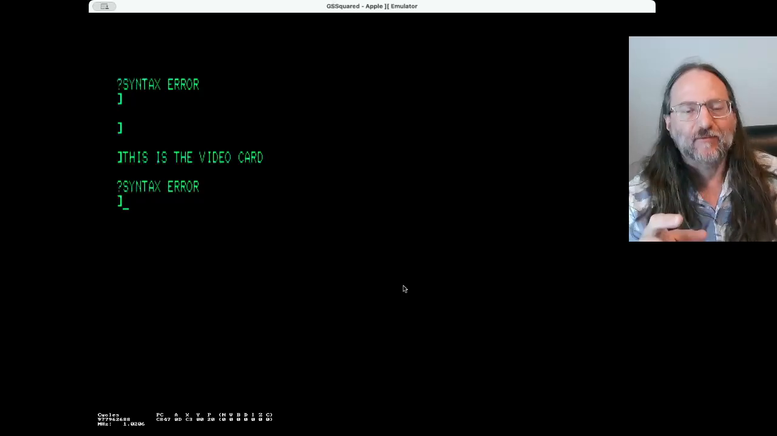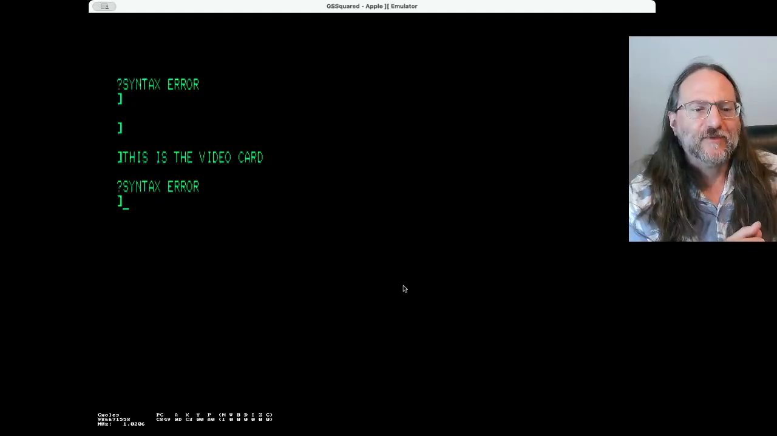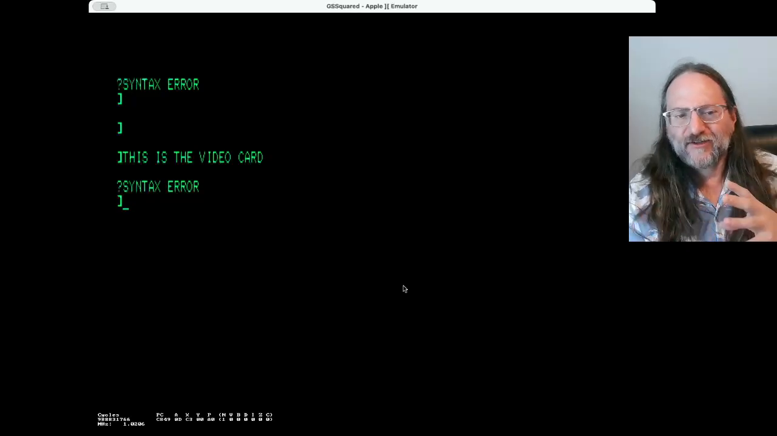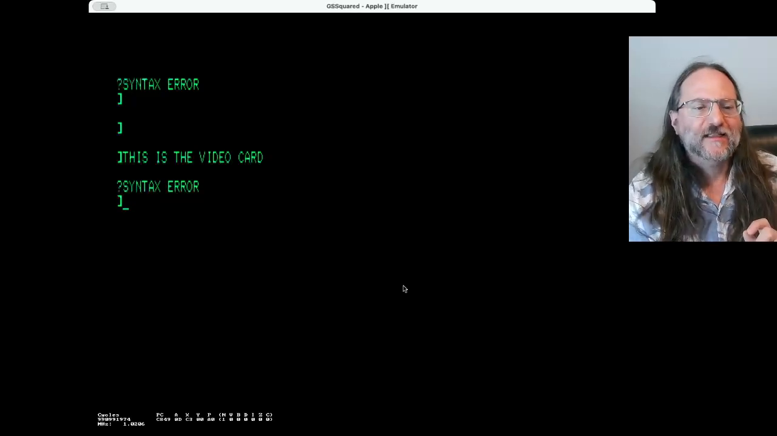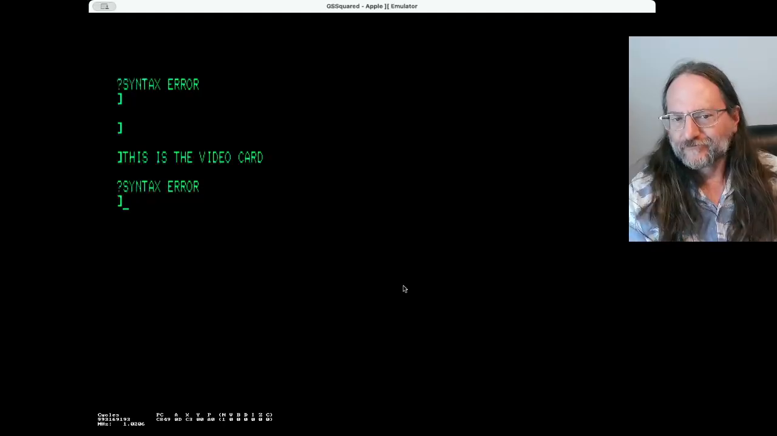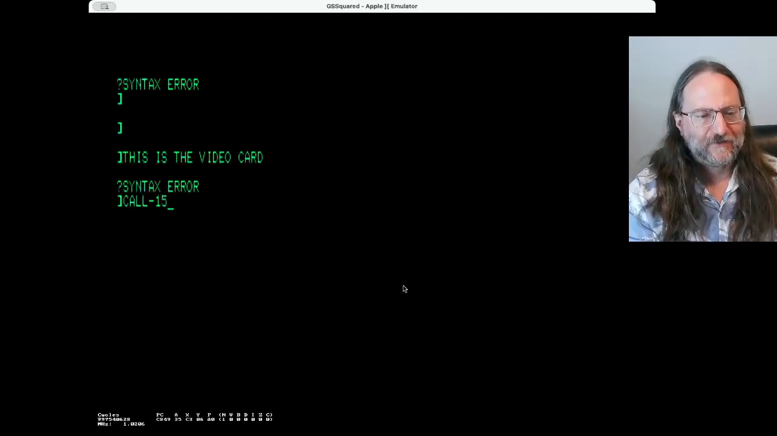Now, it doesn't seem like much, but it let them really make the character sets for this card look a lot better. You can see the characters sort of have better definition. I find it actually easier to read. And